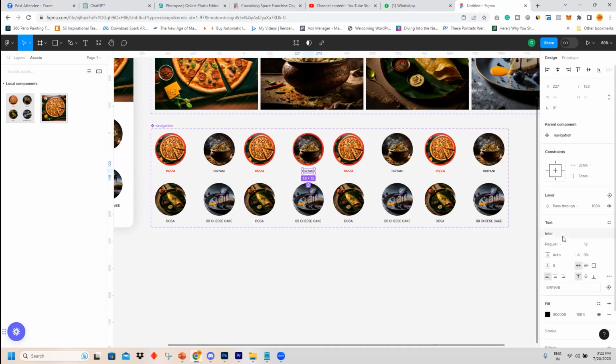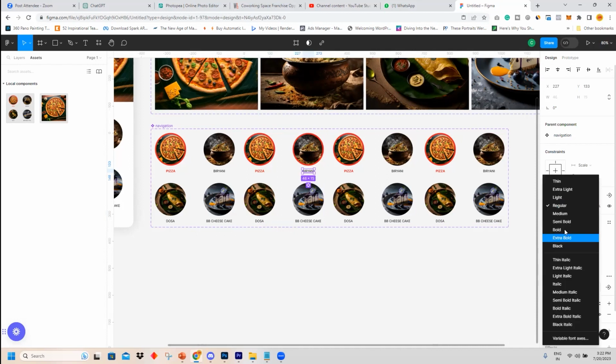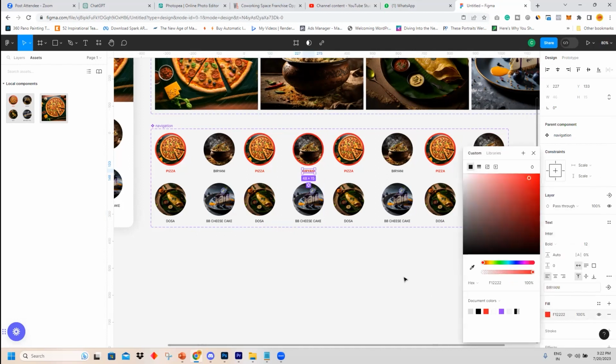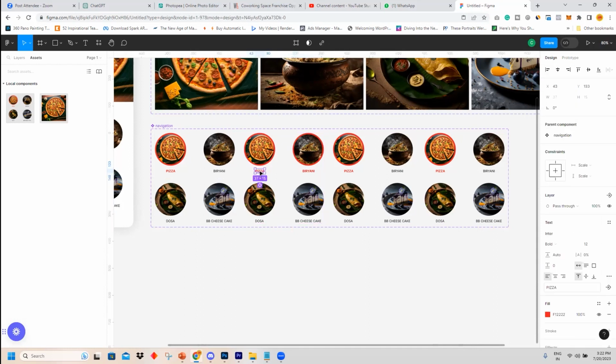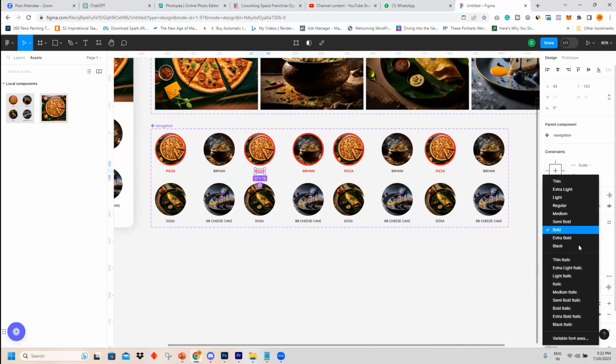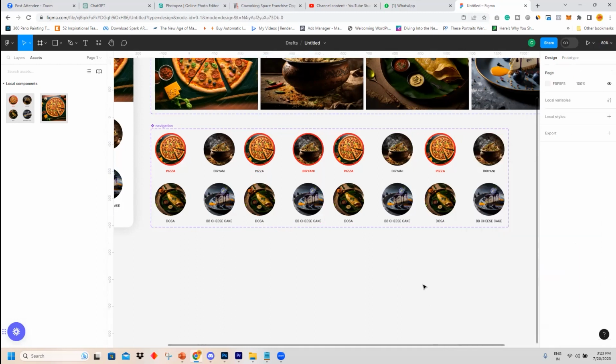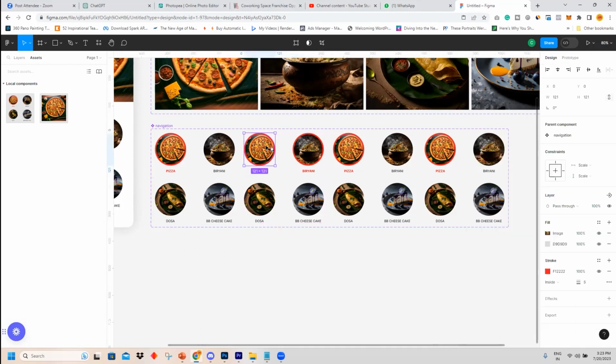Change this text to bold and same color. And pizza, I will make it regular. And this thing is black. And remove the